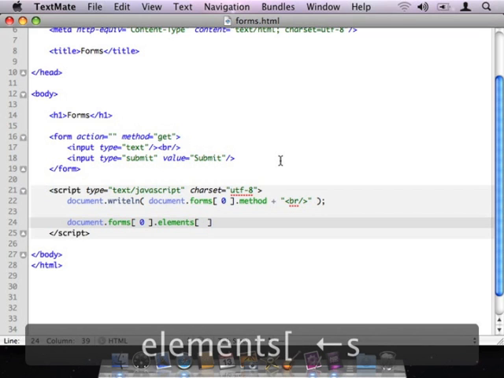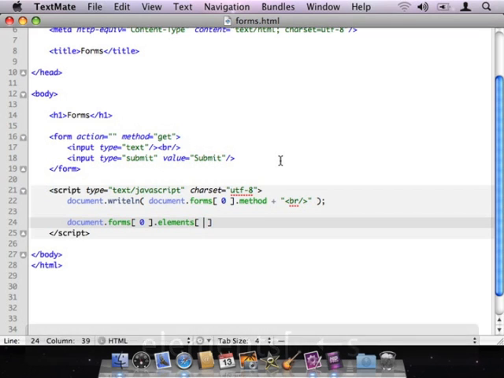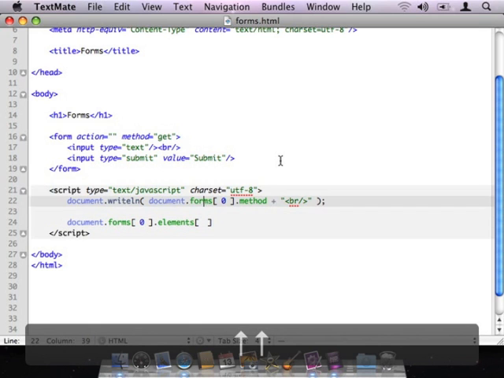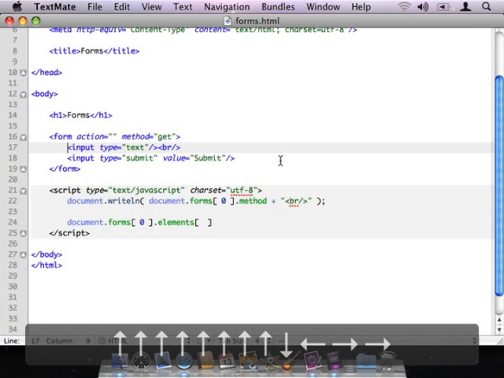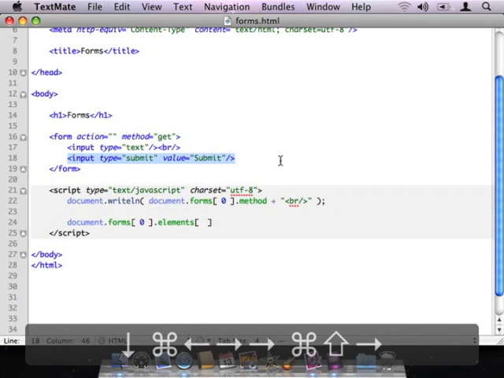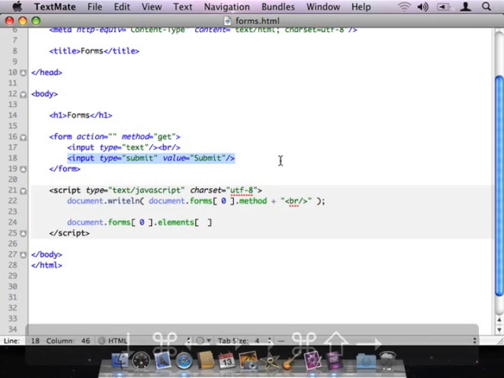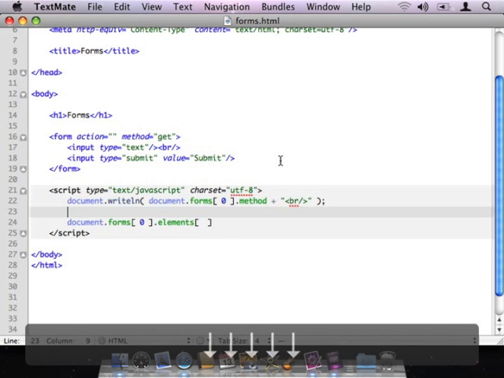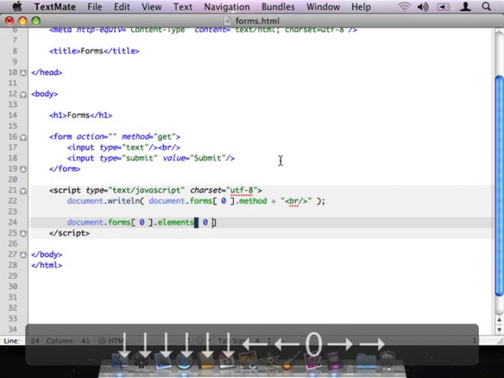The elements array is again an array, and it works sort of like the forms array, where the elements array will contain each one of the separate form controls that are put into the form. We can access them in the order that they are written. So inside this form, the very first form control is this text field, so that will be elements 0. The second and last form control that's a part of this form is my submit button, so that will be elements 1. So if I come down here and I say go to elements 0 in form 0,